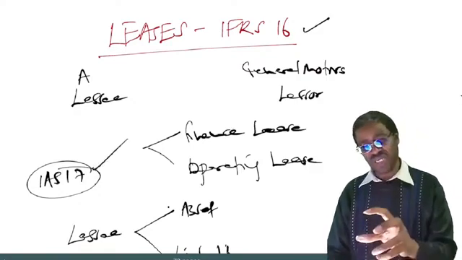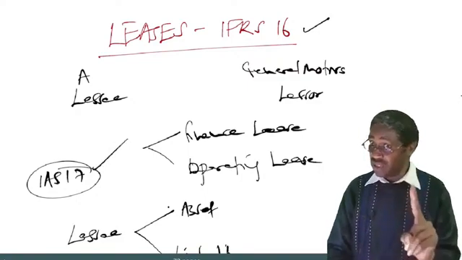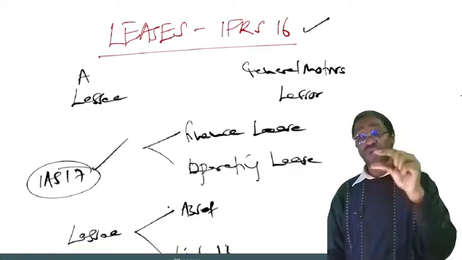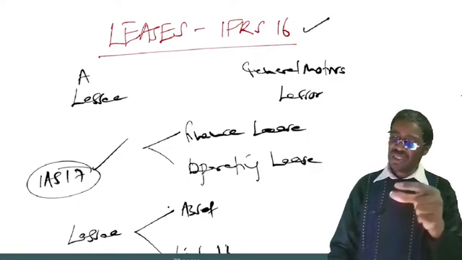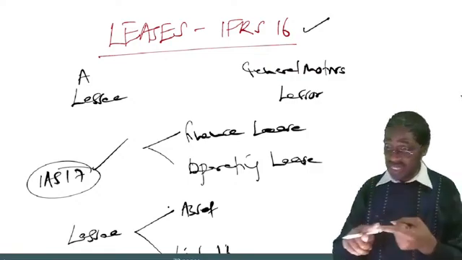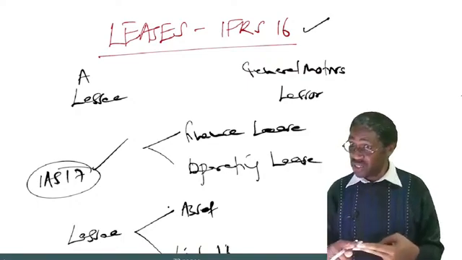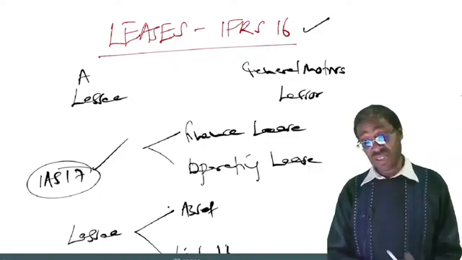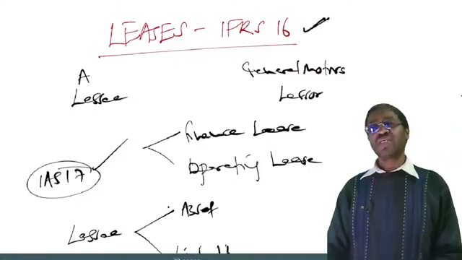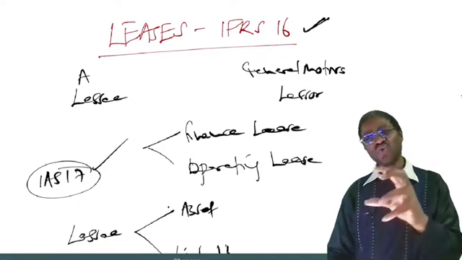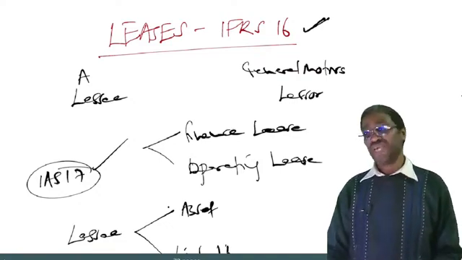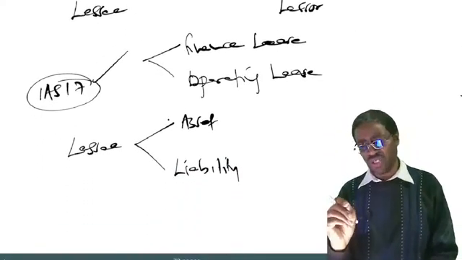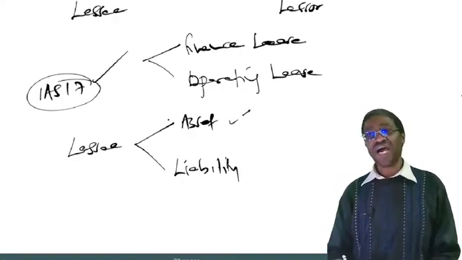That was the accounting standard for leases. I have said, in the original accounting standard, a lessee was required to classify the lease contract either as a finance lease or an operating lease. But the new accounting standard on leases, IFRS 16, does not require the lessee to classify the lease. Instead, it requires the lessee to recognize that lease contract both as an asset and as a